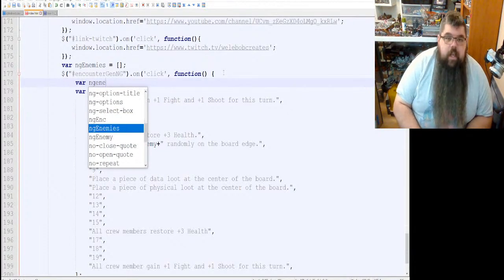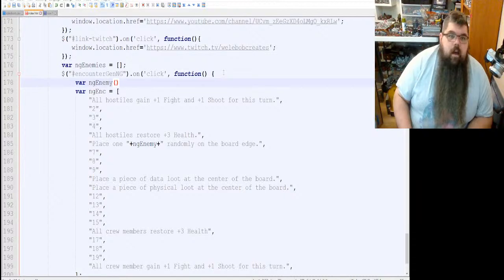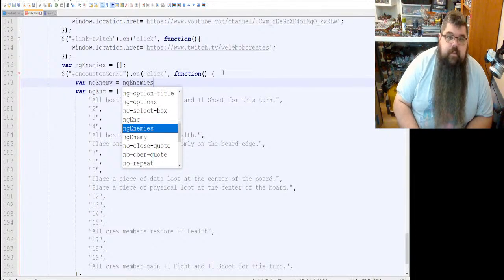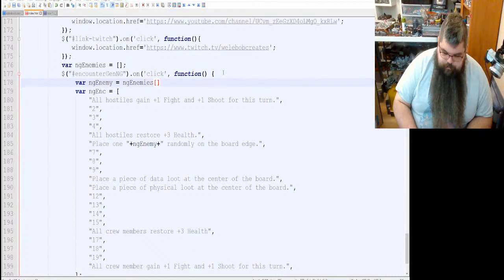So ng enemy, right? And this is going to call against ng enemies, and it's going to give me a random option.